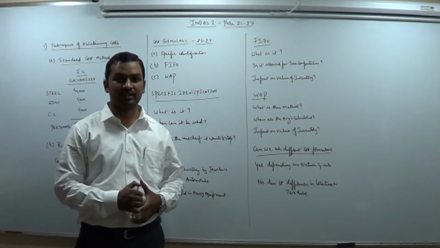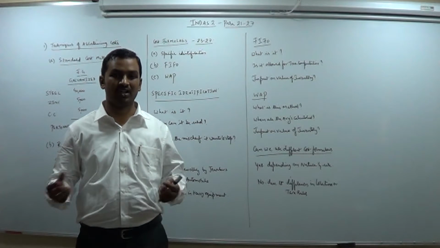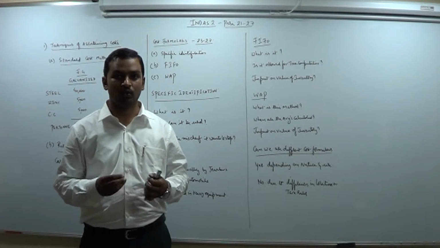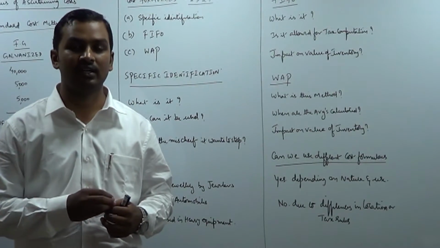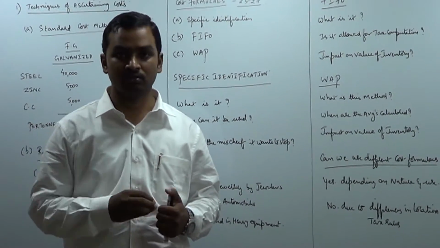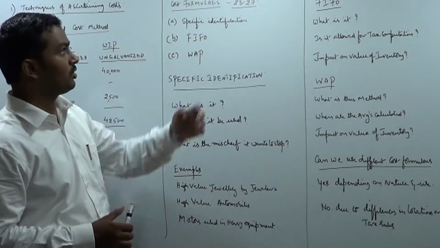Hello friends, in our last lecture on Ind AS 2 we discussed what can be included in inventory, what can be included as part of the cost of inventory. That is what we have discussed in the last lecture. Now in this lecture we are going to proceed further and we are going to discuss para 21